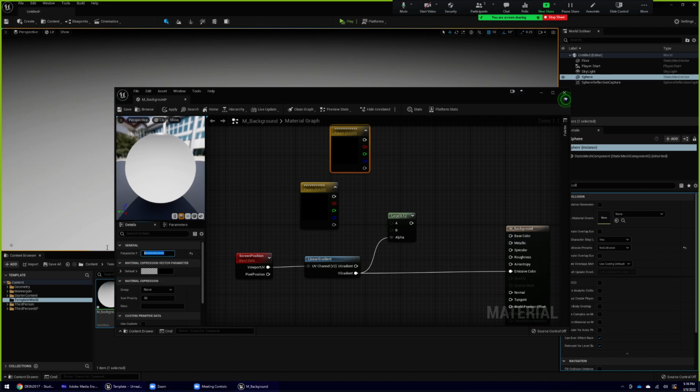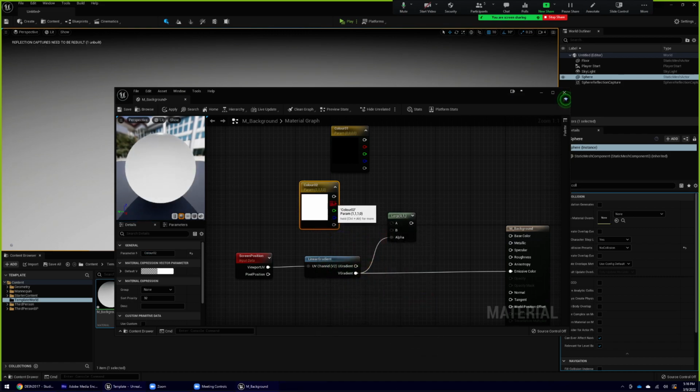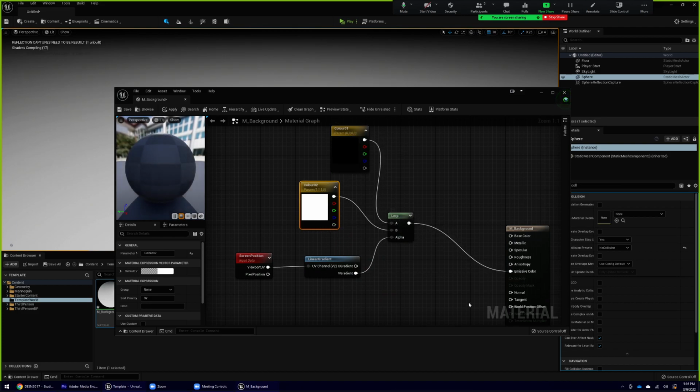I'll name this one color 01, copy, and I'll name this one color 02. And I'll just make sure that this one's set to white. This is just going to be the default colors. We can obviously change it afterwards. So color 1, color 2, plug that into emissive color, hit apply,